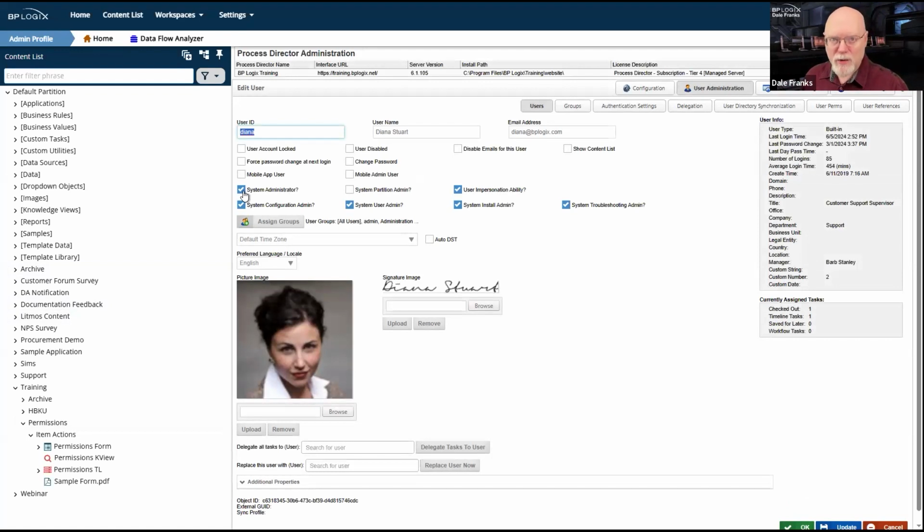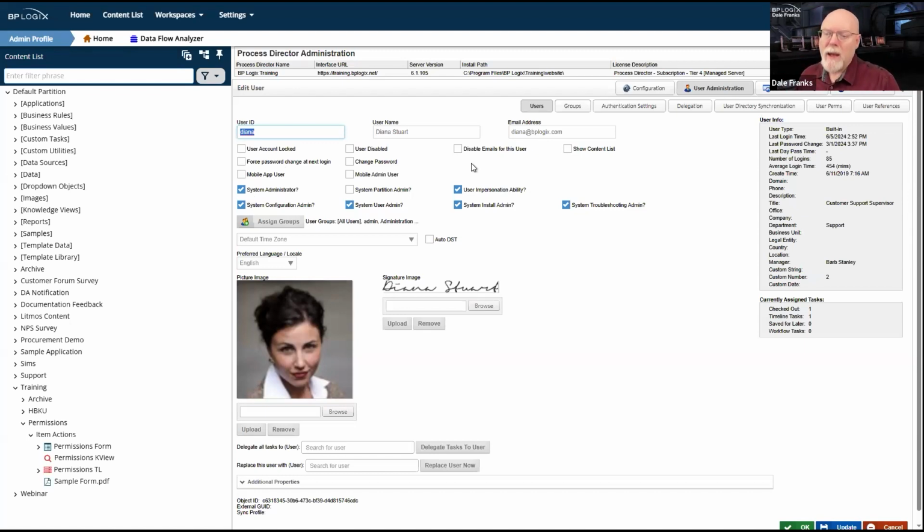System administrators automatically receive exemptions to all permissions in the system. System administrators have unlimited access to the entire system. So irrespective of what permissions may be set on the system, if you are designated as a system administrator, you have full administrative control over the entire Process Director installation.